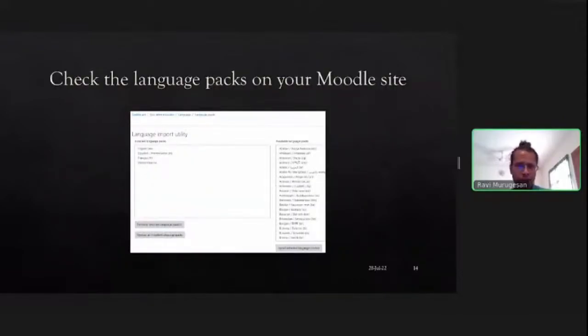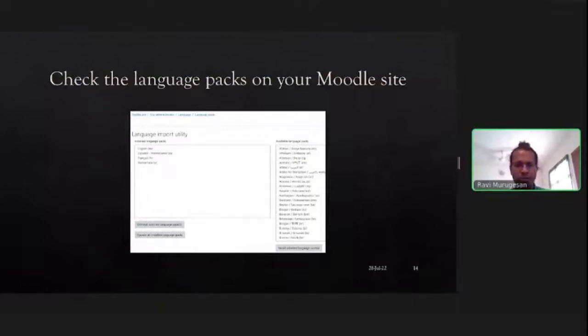Check the language packs. So the destination languages that you want the learners to use, check that they are installed. Google will translate largely anything to anything, I think. But you need to have the language packs installed on your Moodle site, whatever you want people to use. This is our case at INASP, we have at the moment just put in these few languages for testing the automated translation, and we have sometimes increased the language packs, sometimes reduced them.